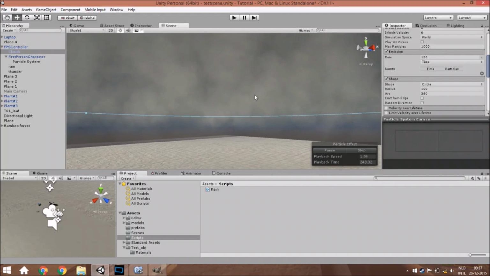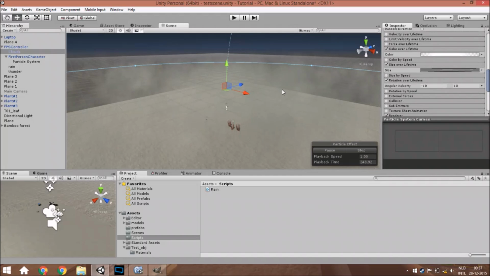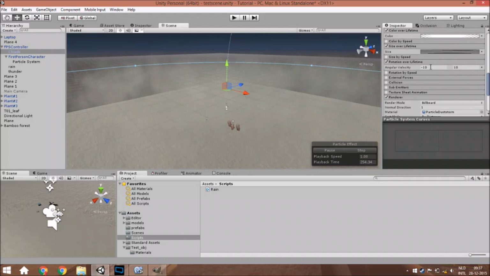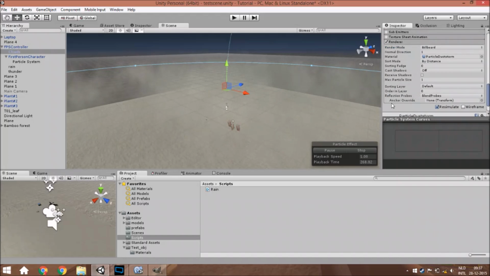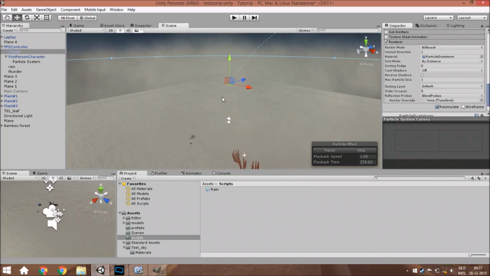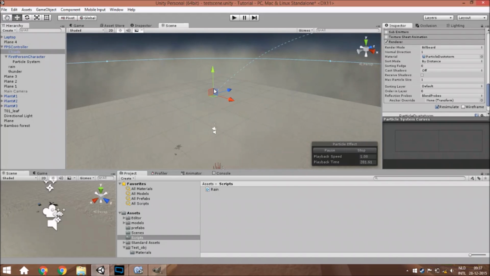Also the color will fade slowly in and fade slowly out, as you can see here. The rotation in the dust storm was around 60, and here we need to change it to this number 10. The render is I think exactly the same as it was there. Cast shadows, you can do this if you have some frame rate left, but otherwise you don't have to do it. It is actually consuming a lot